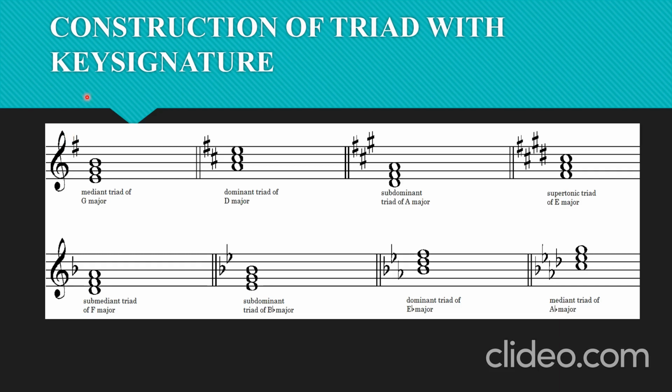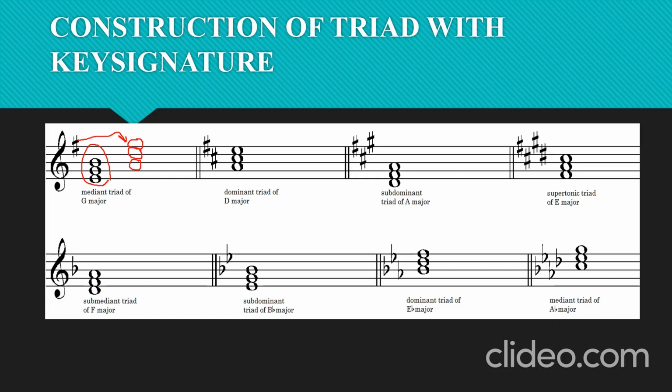Okay, what has been done here is a huge mistake. That's a very, very huge mistake. What has been done here, if it is the median triad of G, median is supposed to start from B. So you are going to have it from here, B, then you have this, and then you have this. Don't need to put a sharp with it again because it has been sharpened. This has affected it already. So you don't need to draw the sharp again.